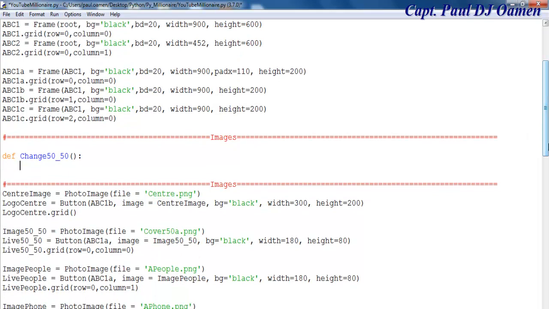Now the first thing is, let's say canvas, in lowercase, canvas equals, that is the name of my widget, I just call it canvas, equals Canvas itself. Okay, there's a widget called Canvas, or you can call it an object called Canvas, and this is it. You must use uppercase for it to be recognized. Equals ABC 1A